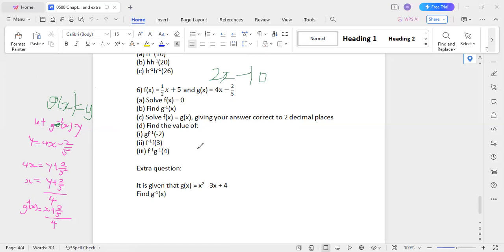negative 56, minus 2 over 5. I think this meeting is going to end here, so you guys could do this exercise and then send it to me. And also try this extra question. How do we find G inverse of this? Okay. Right. Sorry for rushing this a little. If you guys are still not clear about this, feel free to